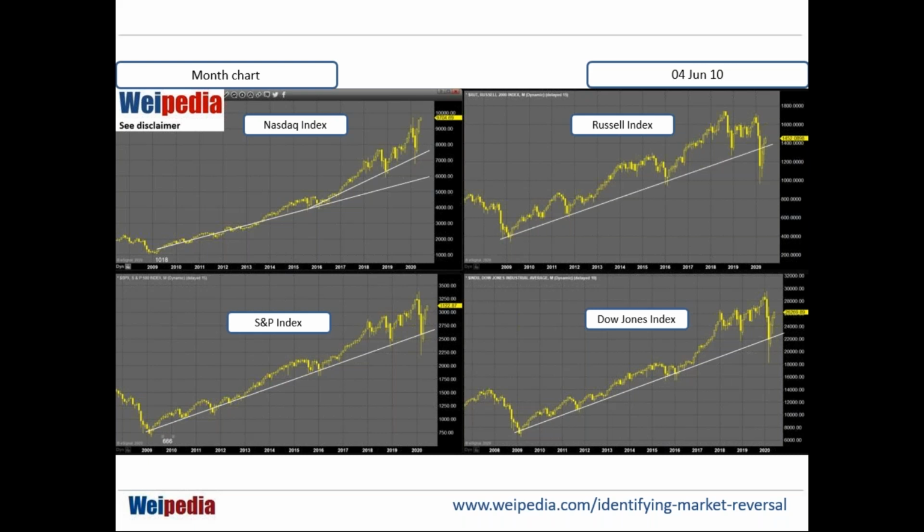Okay, now let's look at the Russell. If I draw a similar trend line, you could observe that in the month of March, it closed below this uptrend. This is the only market that closed below this uptrend. Of course, now it's doing a rebound, which I explained is still not right to me fundamentally. So therefore I suggest that we stay very cautious on this bull. The small cap has already indicated to me they are not doing that well.